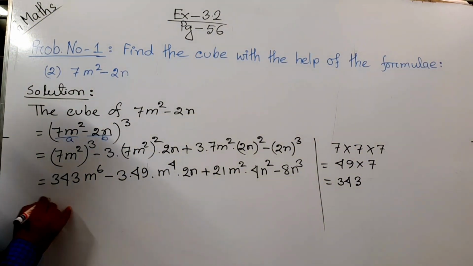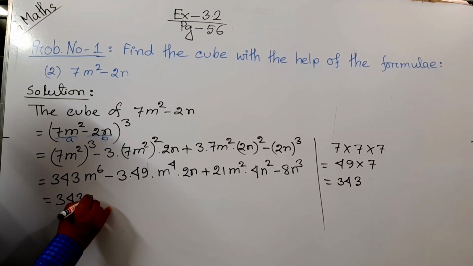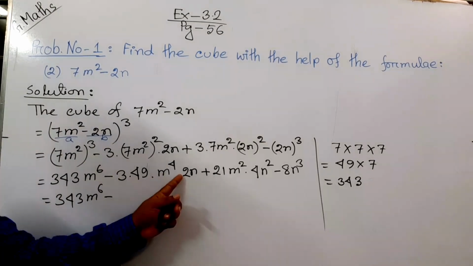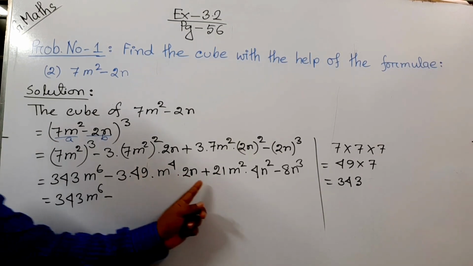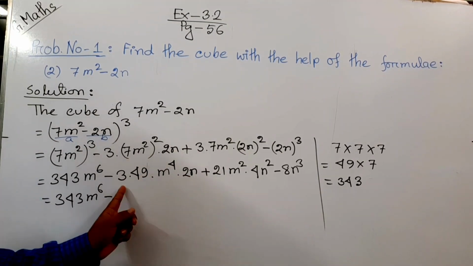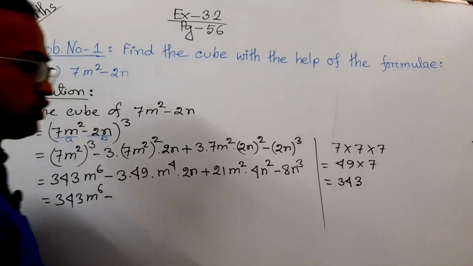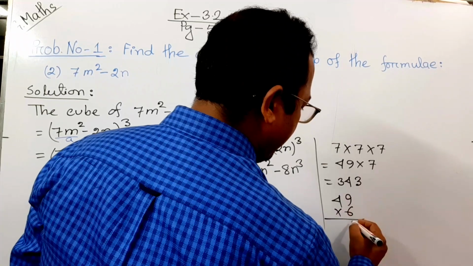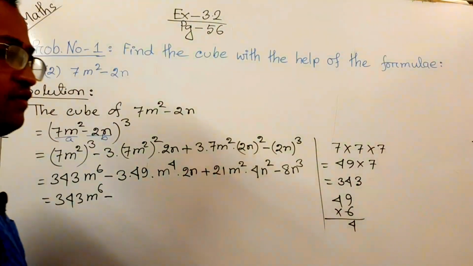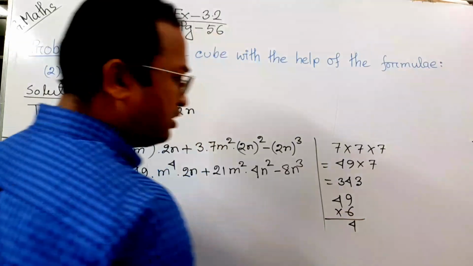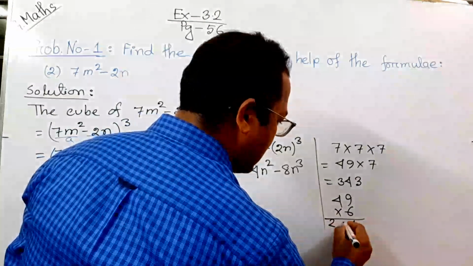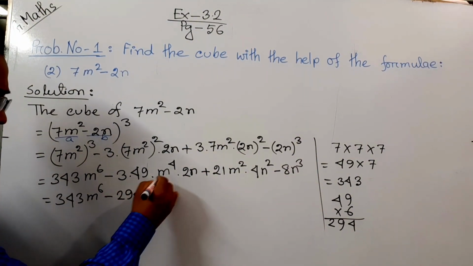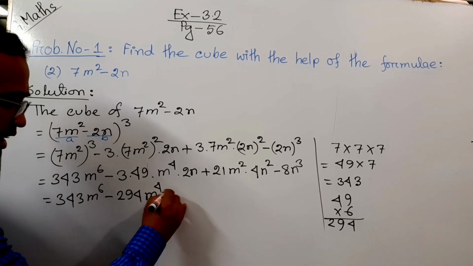Now 343 m to the power 6 minus 3 into 49 into 2. We will multiply these 3 numbers. 2 3s are 6, 6 into 49, 49 into 6, 6 9s are 54, remain 5, 4 6s are 24 and 5 is 29, that is 294 m power 4 and plus